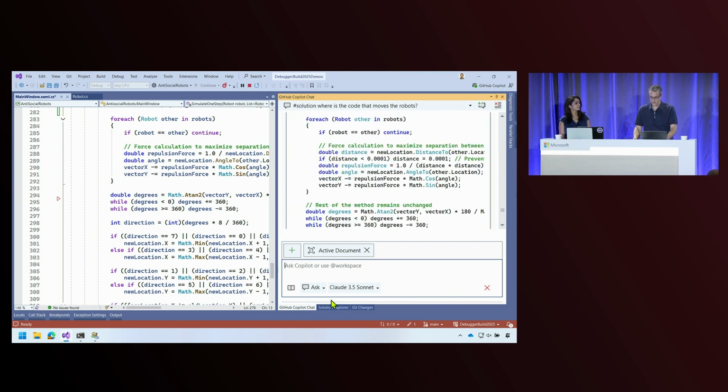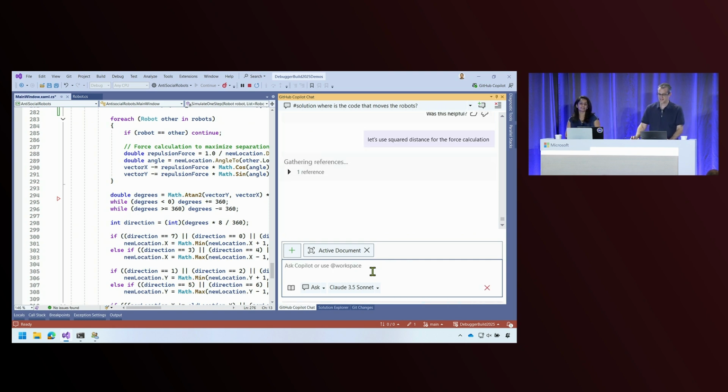All right, this is not the right fix, so I'm gonna try another one. That's what you can expect when you have live demos, debugging demos, and Copilot demos together.